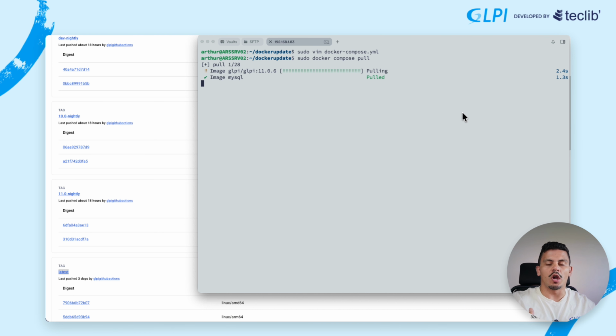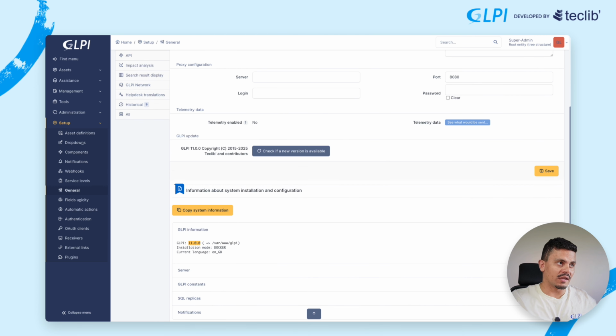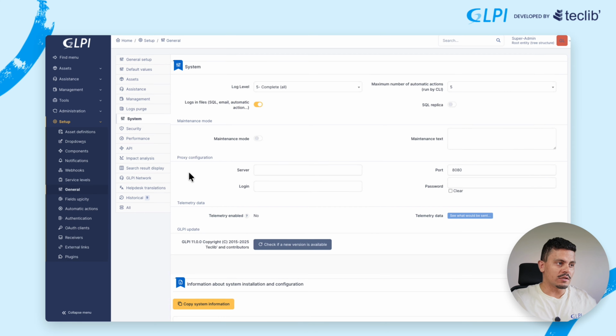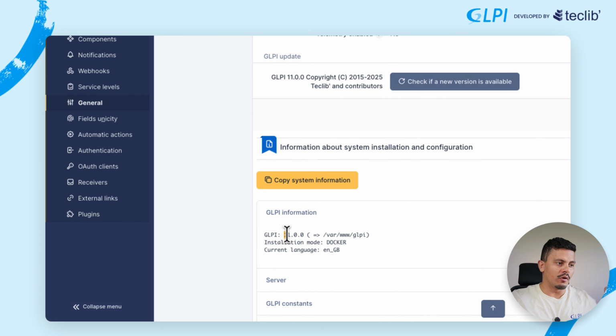Then Docker pulls the new image, and after I pull the image, I will run a docker compose up to update the current container that is still running. Look, if I come here, I still have GLPI 11.00